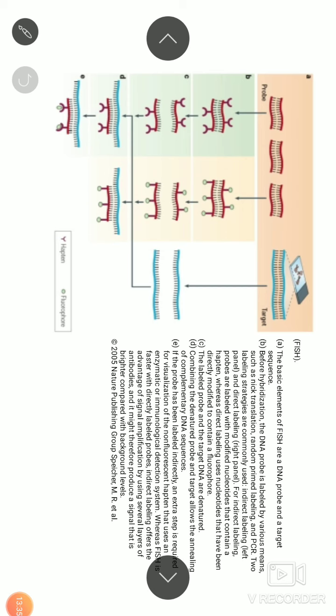When you nick translate, that region of the DNA can be labeled using, for example, fluorescein, that is the fluorescent-based label, and then you can also add hapten-based labels. Here in this picture, what we have shown is a hapten-based labeling. In B, the first one where the probe is written is a hapten, and the other one is the fluorescent dye.